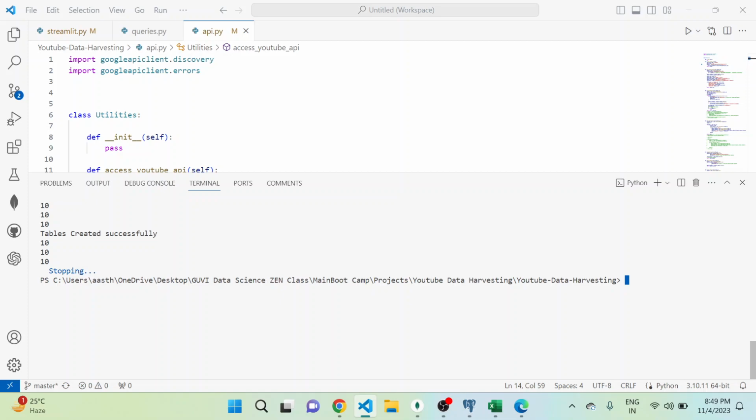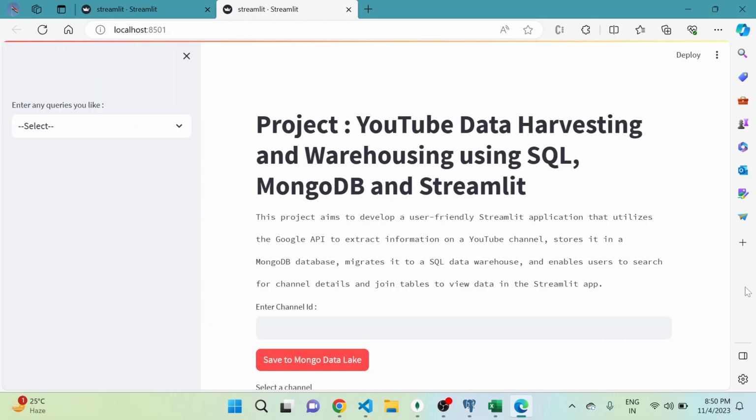Also, we will be able to retrieve different information and have different search options based on different conditions. So, for running this application, we have to write streamlit run streamlit.py. So, this is my UI application,